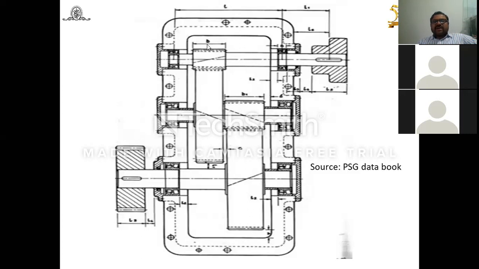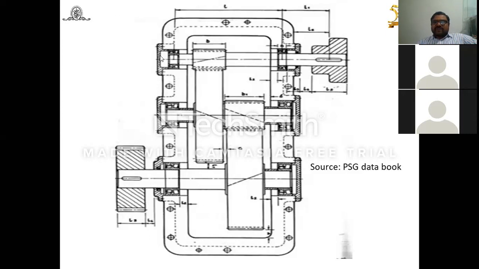Once you know this length, you have to keep some margin towards this side. Maybe multiplying by this space width also here. And it's your choice how much margin you put towards this side. So what you will get here? The length of the casing you will get here.